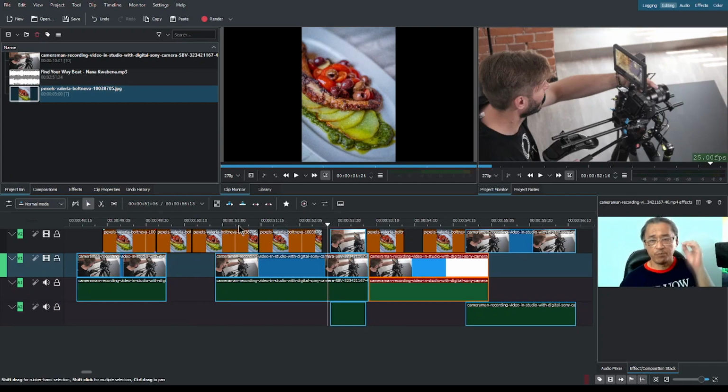Red means the computer cannot play the file back at 25 frames a second. It's struggling. It cannot process the file. Even this computer, which is supposedly quite high end, my laptop, by the way, not my editing suite. The editing suite's in the other studio. But even my high-end laptop with lots of cores and processor struggles to play it back at 25 frames per